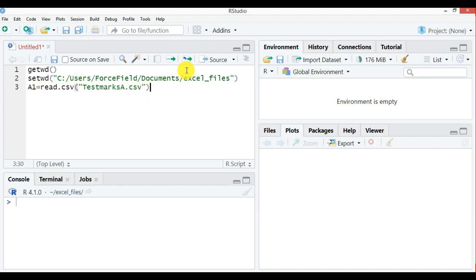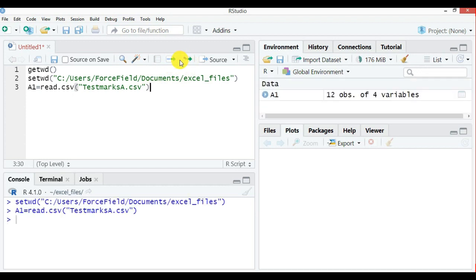So I will just say run. So it has executed that. Now in case you want to know whether it has imported, whether I will be able to access it, you can write View in brackets A1 and then run this line.